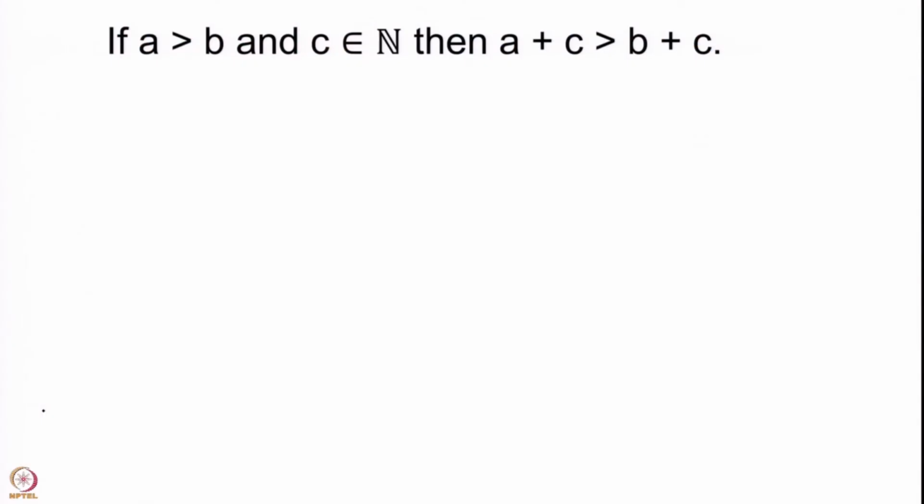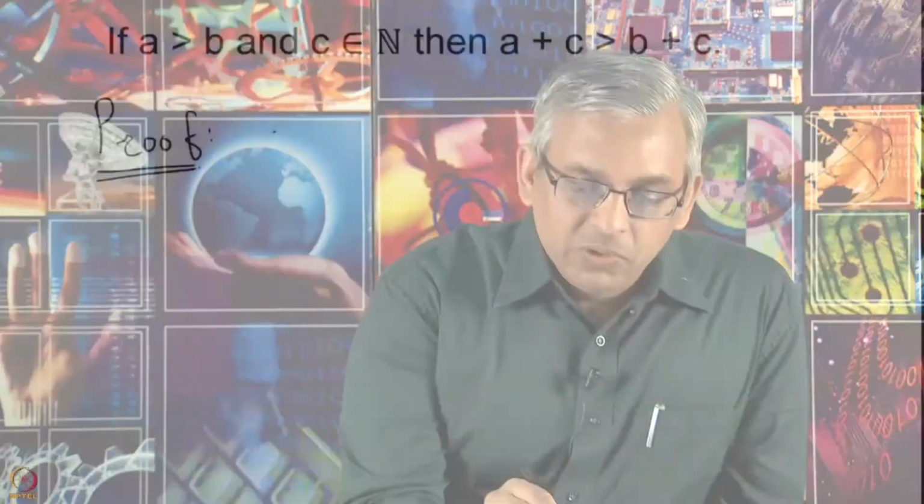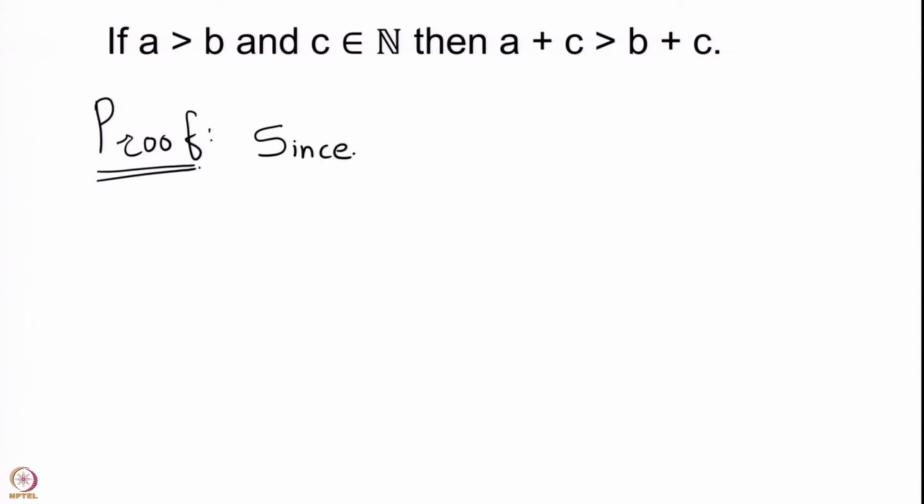Okay. So, now that you have had your time playing with the proof, let me give you one proof. I will write this proof on this slide. So, we begin with the proof. What do we have to prove? We want to prove that whenever A is bigger than B and C is a natural number, then A plus C is bigger than B plus C. This is what we want to prove. So, since A is bigger than B, we must have